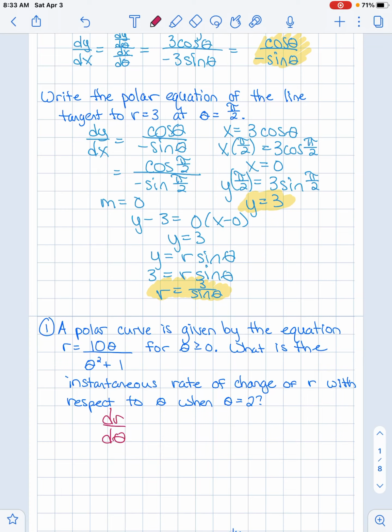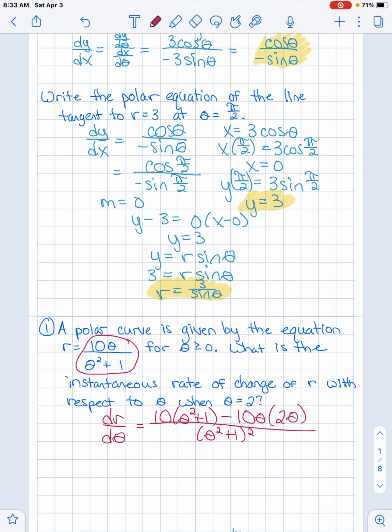Okay, welcome back. So all this is saying is find the derivative of this equation, 10 theta over theta squared plus 1. And we're differentiating with respect to theta, so it's like x. I'm going to need to use the quotient rule in this case. So the derivative of 10 times theta with respect to theta is just 10, times theta squared plus 1, minus 10 theta times the derivative of the denominator, which is 2 times theta, all over theta squared plus 1